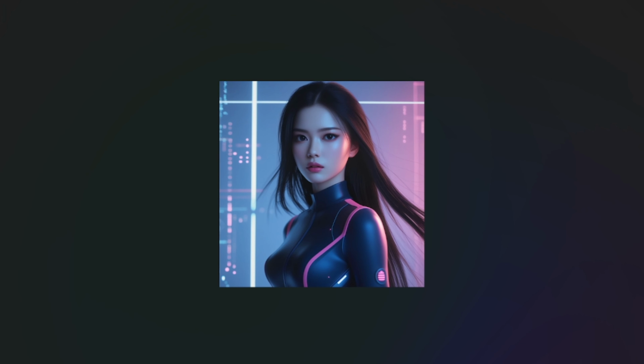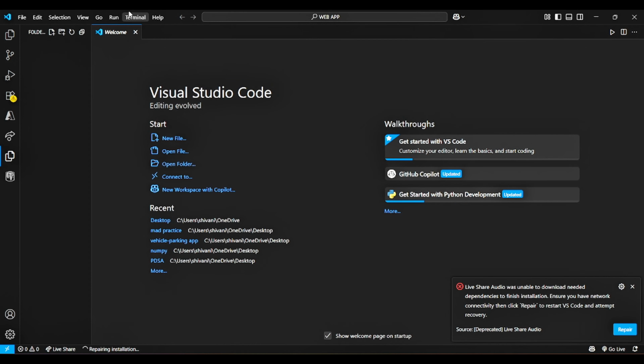This is Vehicle Parking Management System, a web application that allows users to book, release, and manage parking spots online. It's designed to work just like a real-world parking solution where available spots are updated in real time and you can keep track of bookings and history. So we will be using Flask for backend, HTML and Bootstrap for frontend, and SQLite for storing user data, parking spots, and booking records. So let's get started.